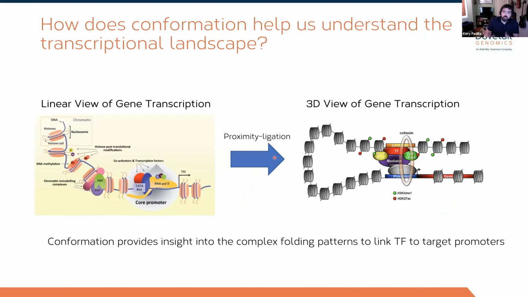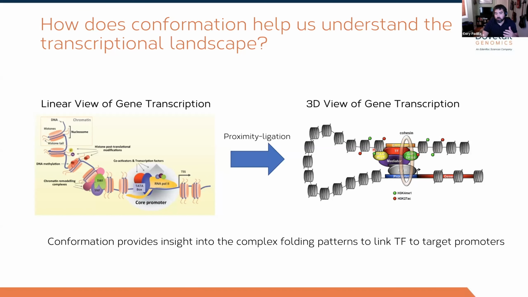And so the bottom line here is that conformation or 3D genomics, what it really does for us is it helps us understand that transcriptional landscape of chromatin, where we're moving from this linear view where you have your post-translational modifications, your remodeling complexes and transcription factors that are someplace downstream from your core promoter and pull to binding and transcription into this three-dimensional view where we can actually now all link these things in physical space and say, yes,